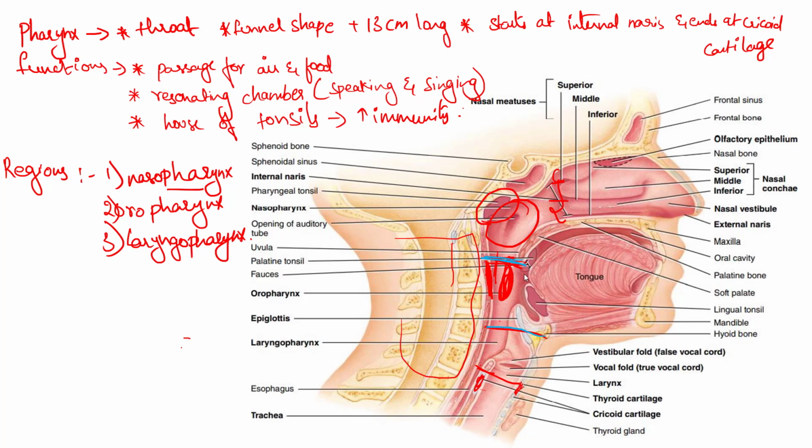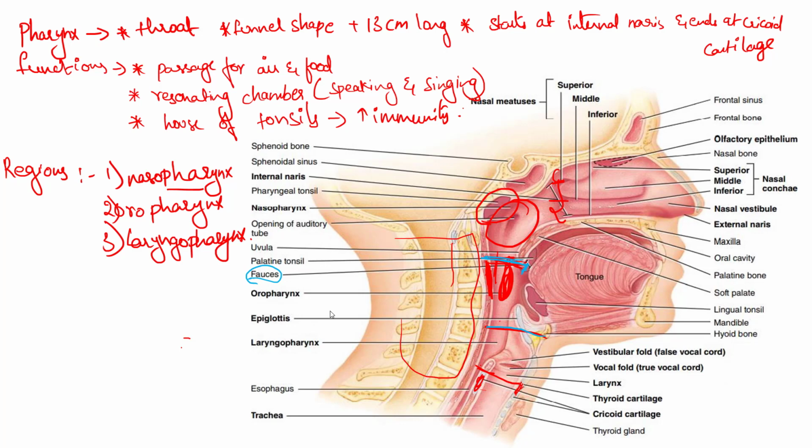So this has only one opening, that is our oral cavity. That's why this opening is called fauces. And as this is attached to our oral cavity, it is used for two purposes. One, it is used for the passage of air, and the other one is it is also used for the passage of food and drink. So this will be used for both respiratory function and digestive function also. As it is used for both respiratory and digestive function, we will have non-keratinized stratified squamous epithelium as the tissue.